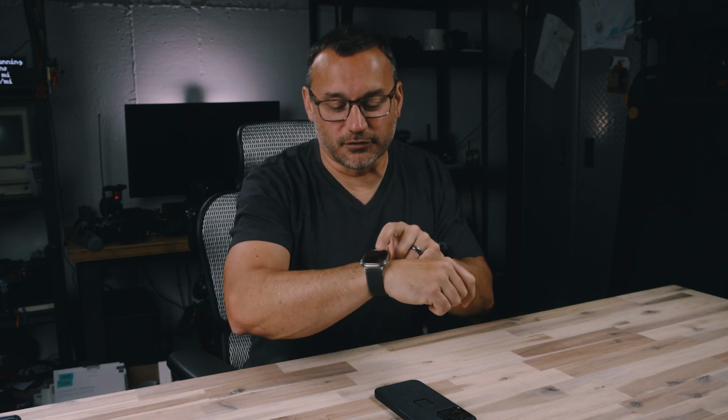Now, another thing with the Apple Watch is the fitness rings. The fitness rings, you don't have to have them on the forefront of your experience. I can remove them and not have them on the screen. I don't have to be looking at them. But the fitness rings, they give me some low level of anxiety, especially as I want to close them every single day. I want all those fitness rings